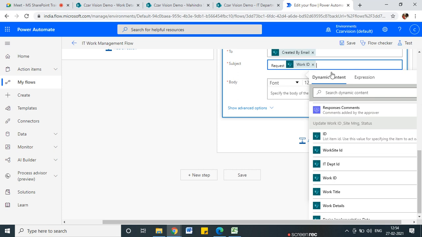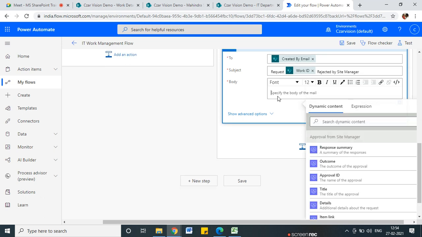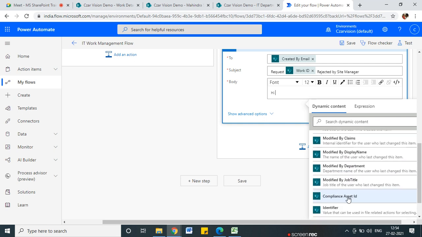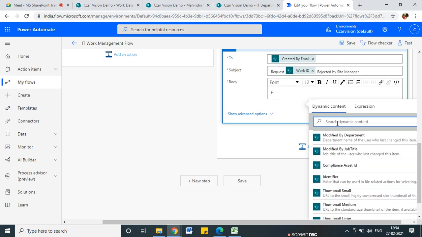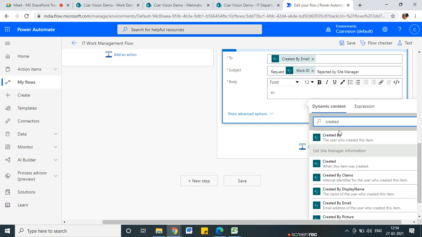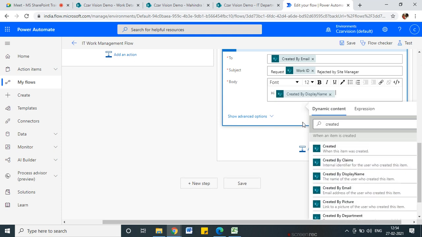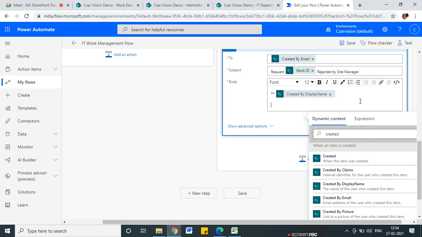So he understands his request is rejected by site manager. Okay, so from that he knows that his request was rejected by the manager. You can directly pass his name also from created by. So I just say created by here, and when the item is created, display name. So here your